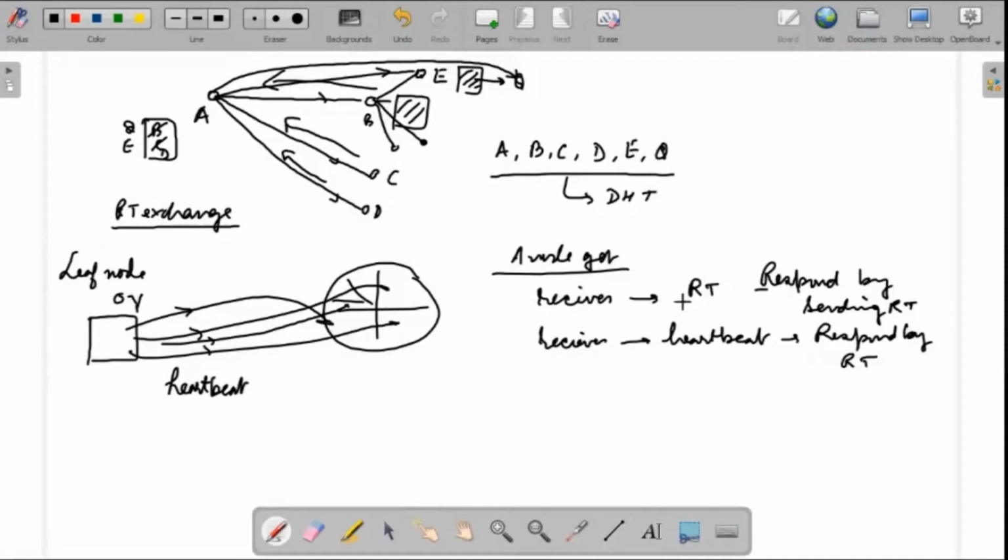Now, when you are receiving a routing table, you also get to know who has sent you the routing table. It is possible that A contains B in its routing table, but B is not pointing to A, so B does not contain A in its routing table. That kind of case can happen. So if B does not contain A when A sends its table, the information about A will be new information for B.